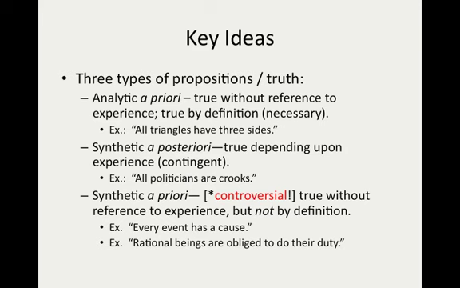So if you see the sentence, all triangles have three sides, if you understand the definition of triangles and sides and three, then you understand that that statement is true. You don't need to go out and test triangles. Go out looking in the world for all the triangles to see if anything violates that proposition that all triangles have three sides. No, you know that triangles have three sides. They're true by definition. They're true by analysis of the words. They're true a priori, prior to any experience.